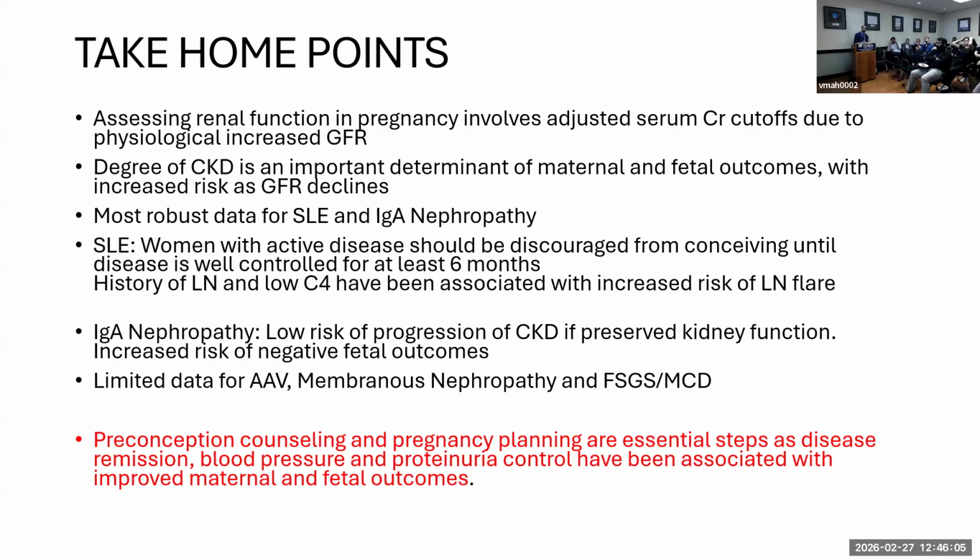A history of prior lupus nephritis, as well as low C4 at conception, have been associated with an increased risk of lupus nephritis flare during pregnancy. For IgA nephropathy, generally there's a low risk of progression if you have preserved kidney function, but even with preserved kidney function, there's an increased risk of negative fetal outcomes. And there's limited data for ANCA-associated vasculitis, membranous nephropathy, FSGS